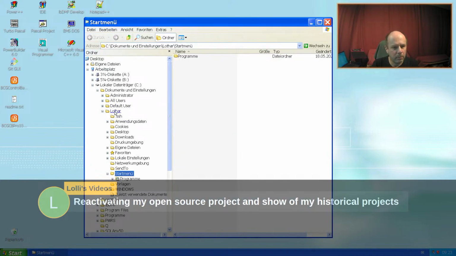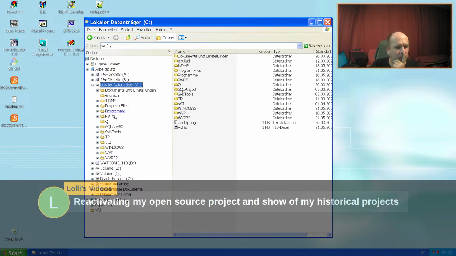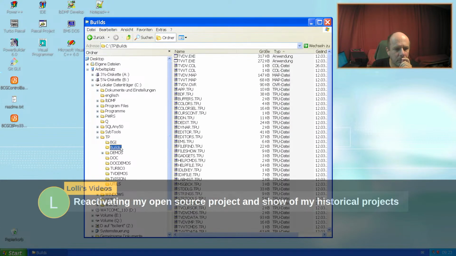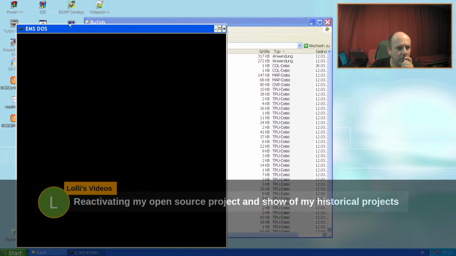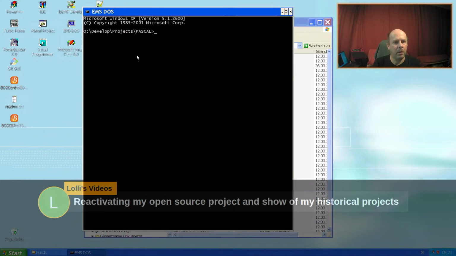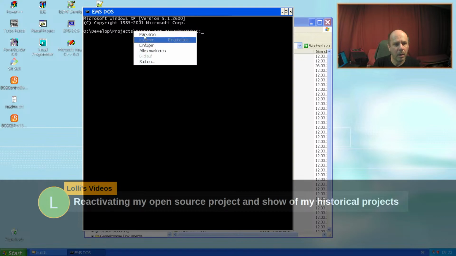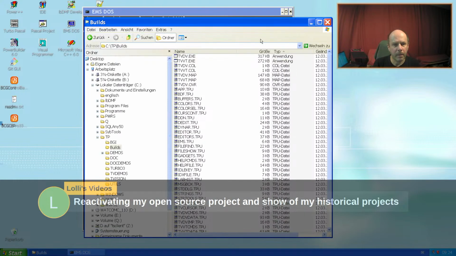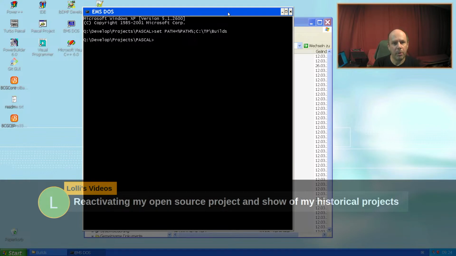Where's the code? TP builds. Set path equals C, TP builds. Maybe it's running. Okay.